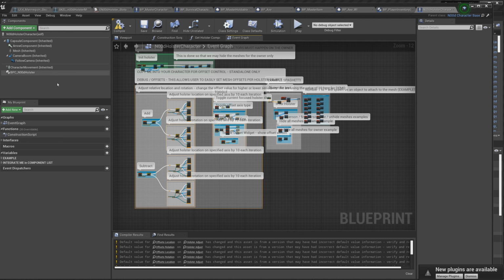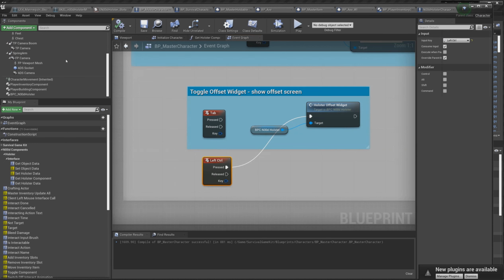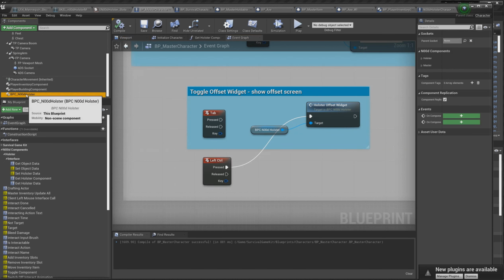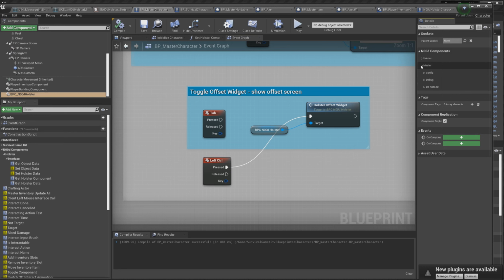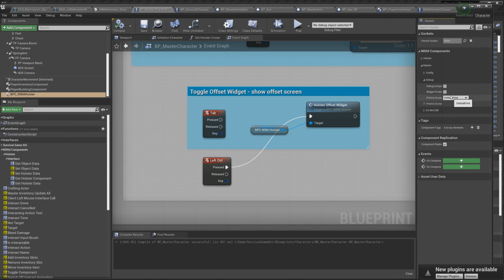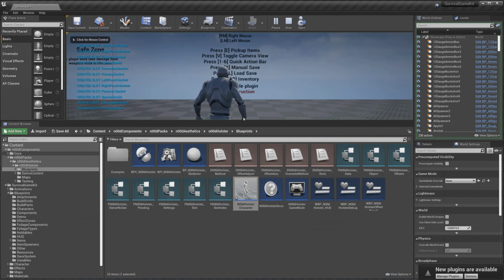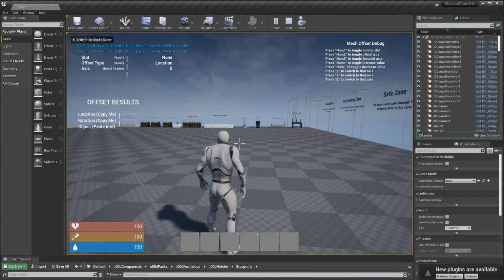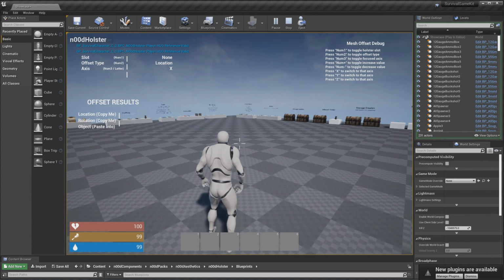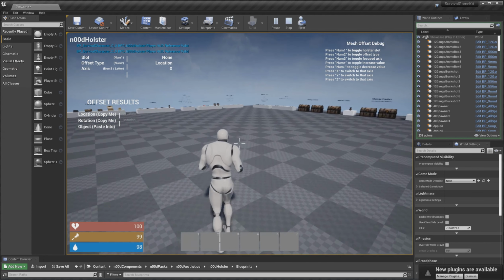Okay. Sorry about that. So if we go to our master character now and go to the N00dHolster, under master and debug, we need to tick both of these two, and then set this one to, it's actually right, print, default print. Then you should be good to go. Sorry about that delay, but we'll go back there again now, and you'll actually see, if I bring that up, and now I hit left control, you'll actually see the widget. So as I said, I've got another video on how to do all of that, but I'll leave it at that, and good